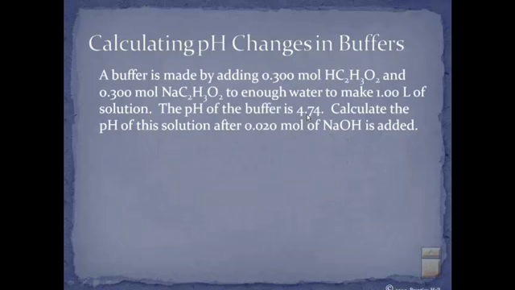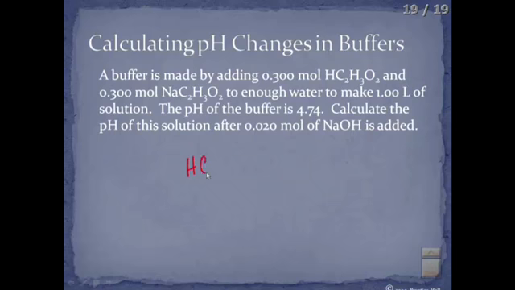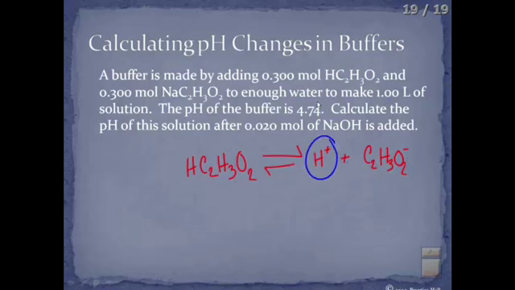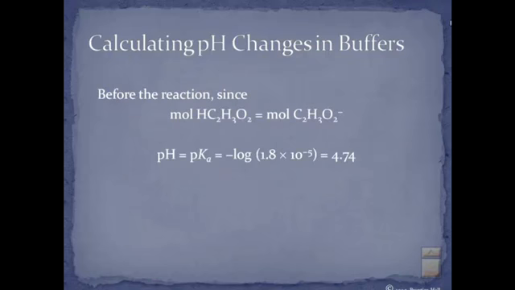In your buffer solution, basically what you have is HC2H3O2, and you're going to have the H plus popping off, and then you've got the C2H3O2 ion. Okay, this is what we're looking at. In order to figure this out, you need to realize that they gave you a nice little tidbit of information there. They gave you your pH of the buffer at the very end. Okay? Alright, so your pH is equal to 4.74,